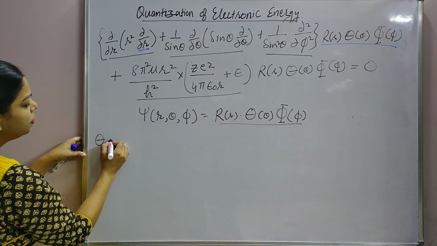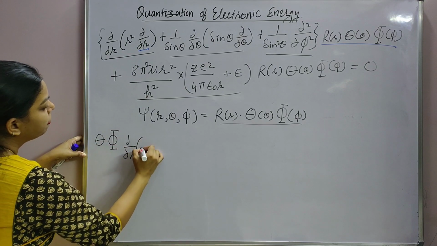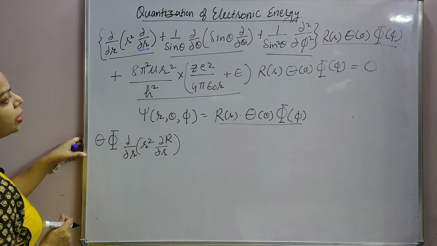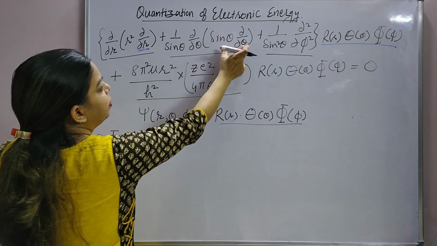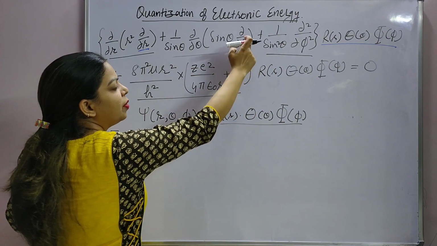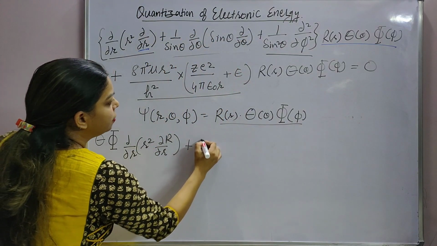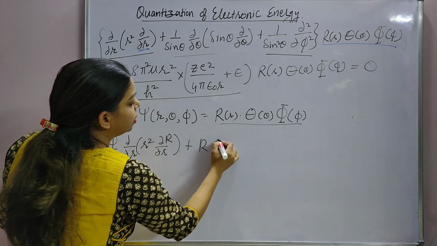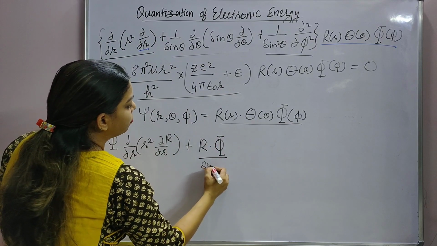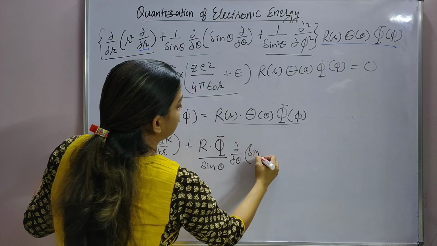So you will have theta and phi outside, inside it will be capital R. When the entire factor is multiplied by this second term, what will we have? Theta is a variable here, so we will keep theta inside, r and phi will come outside. So here we have r and phi upon sin theta, sin theta